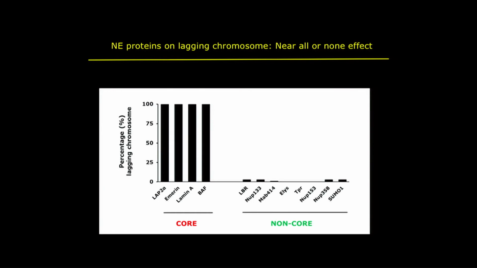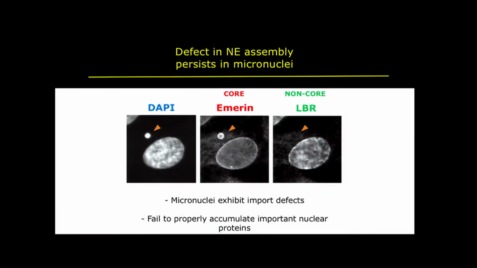Somewhat more variably, apparently with some partial correction, in interphase, these defects persist. You see robustly the core proteins on the micronuclei that result from the missegregation, and lamin B receptor is particularly dramatic in being missing, but nuclear pore proteins are also more variably missing. There's been some disagreement about whether these micronuclei assemble nuclear envelopes and import normally. That was the proposal from Martin Hetzer's group. But I'm not going to show you all of our data. We very carefully looked now at nuclear import and measured it in good quantitative terms, and I'll just tell you